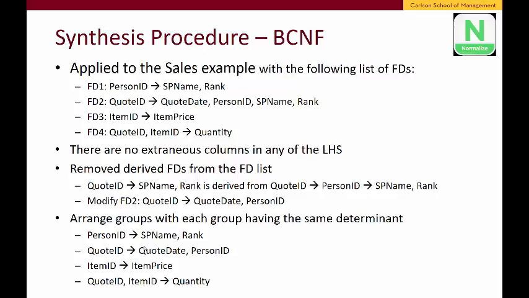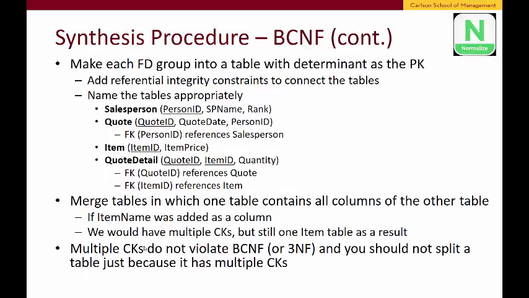Removing derived FDs involving transitive dependencies from quote ID through person ID to salesperson name and rank reduces FD2, the culprit, to quote ID determining quote ID and person ID, and this allows us to arrange the 4 groups with the same left-hand side determinant at the bottom of the slide, which will then correspond to our tables, right? So those 4 groups become the 4 tables with determinants as primary keys,